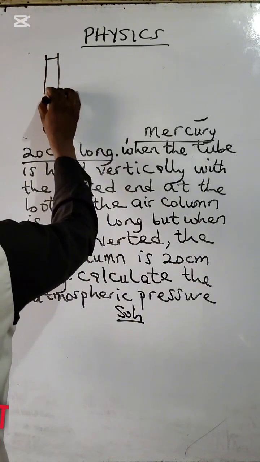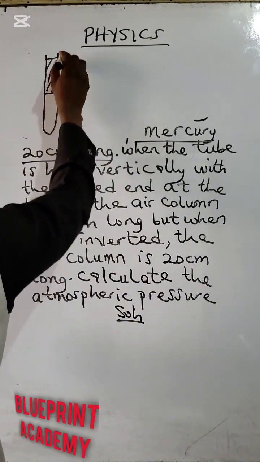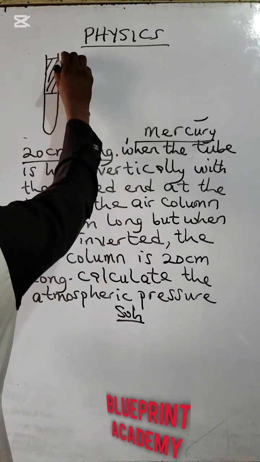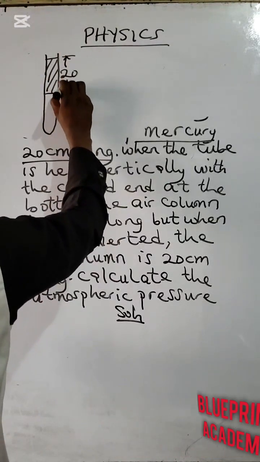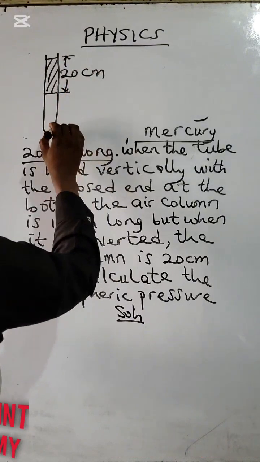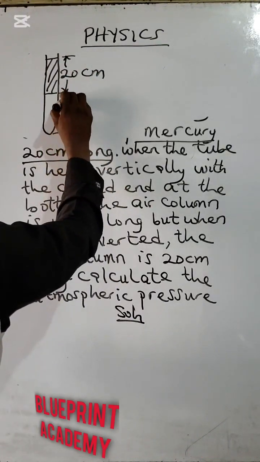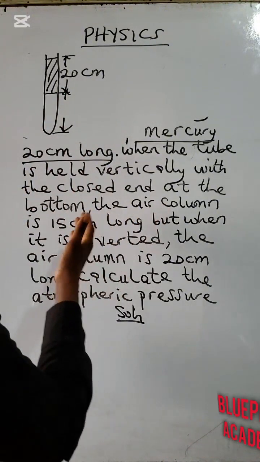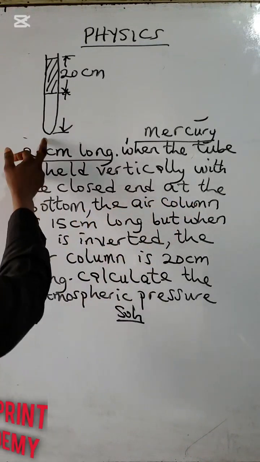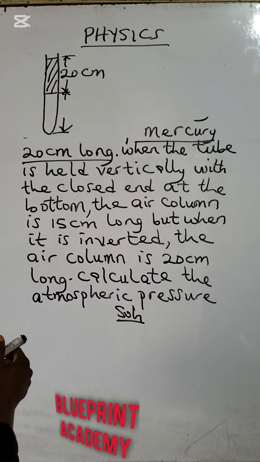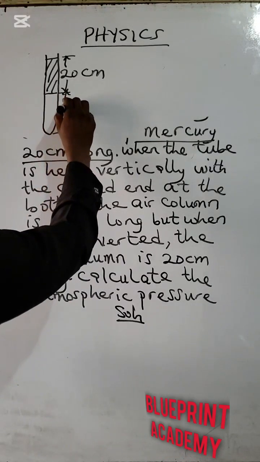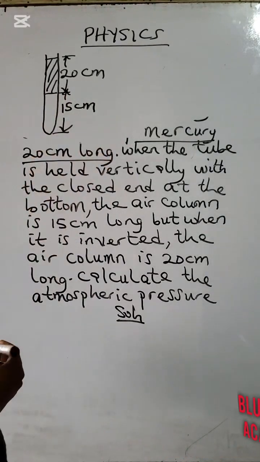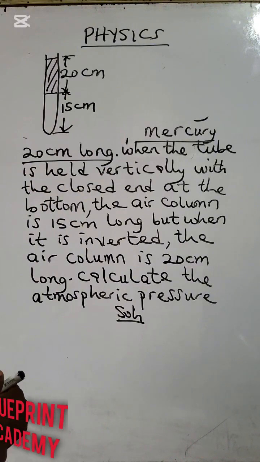And then this is the mercury level. So this part is 20 centimeters. And then the air column is trapped at the bottom part. When the tube is held vertically with the closed end at the bottom, which is this one now, the air column is 15 centimeters. That's the air column. But when it is inverted,